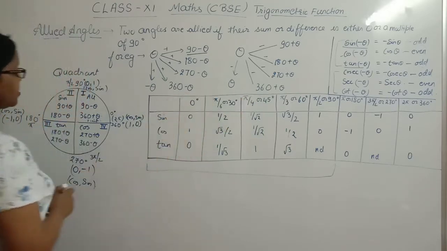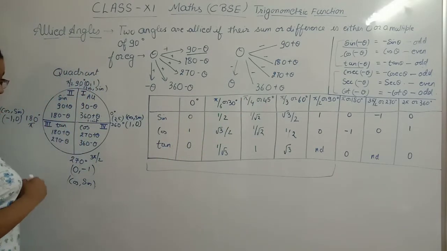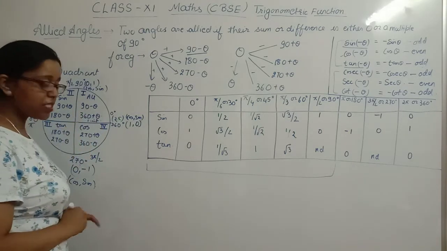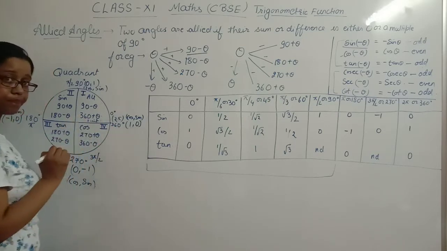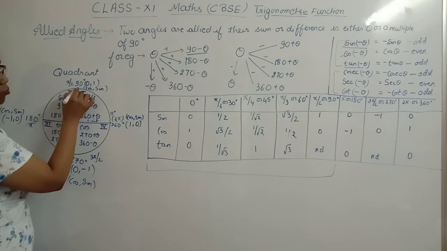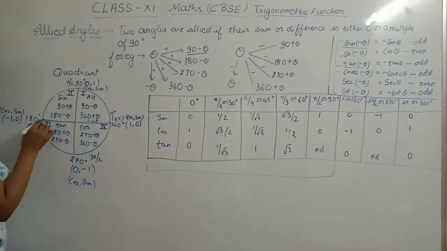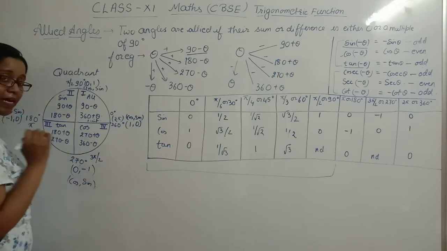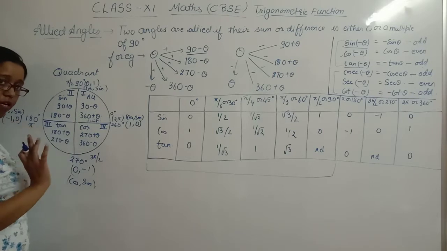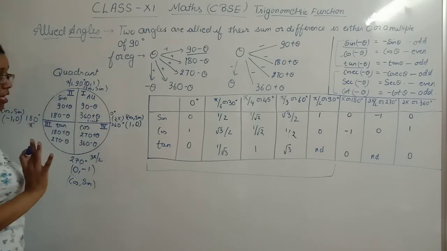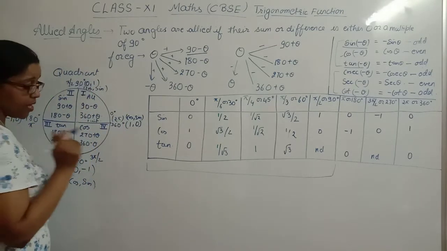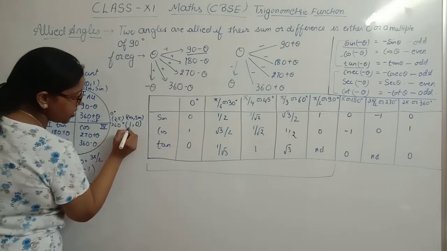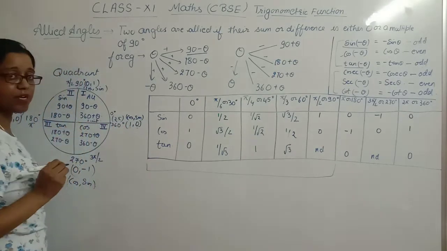Clear? Now to learn this, you can come to this unit circle again. Coordinate geometry you all have studied, as it is the unit circle. So this point will be representing 1 comma 0. This point will be representing 0 comma 1. This point is representing minus 1 comma 0. And this point will represent 0 comma minus 1. We already know this by using coordinate geometry, you can find out these coordinates. So these are the values given for the cos and sine. The first thing you have to remember is that the first term is the cos and the other term will represent the sine.